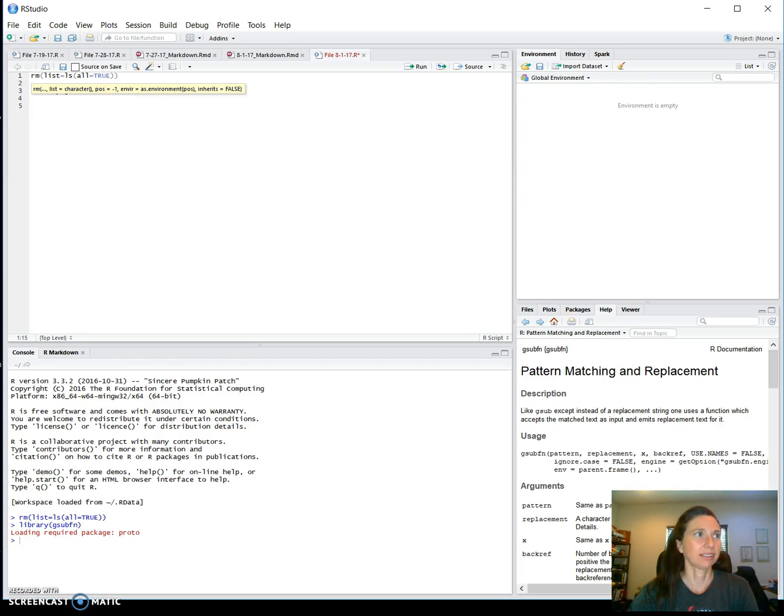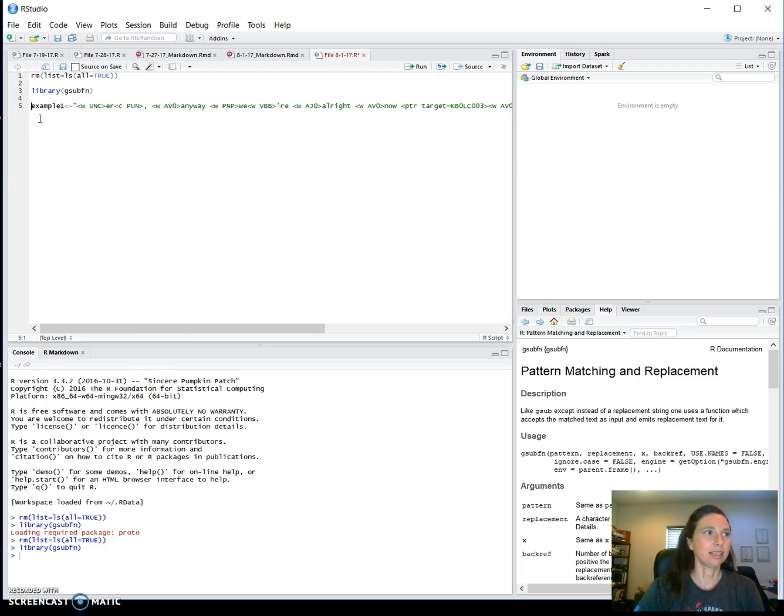Welcome back. Today I'm going to look at negated character classes and lookahead, specifically for working with tags in text. I already cleared my environment and loaded the library, but I'll just run it here, and this time it didn't need to load the package because it was already there. And I'm going to paste in the example just because it's so long and I don't have to take the time to write it. If you're working through the book, this is also on page